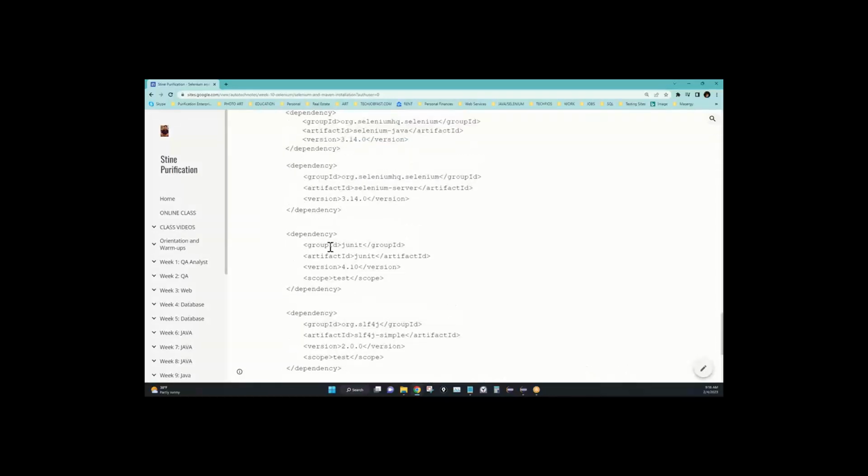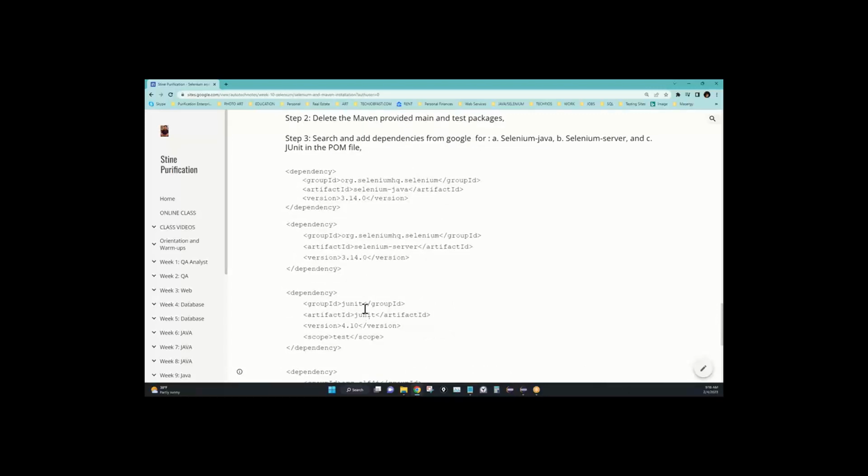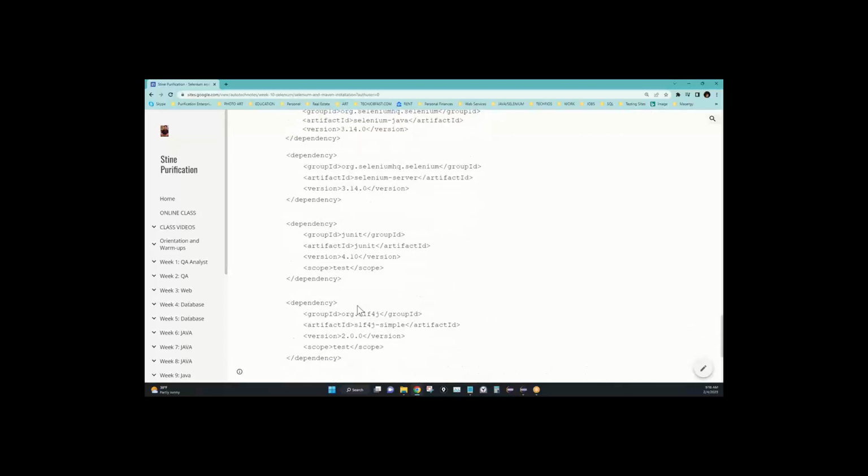Whenever I was copying this, I was getting weird line breaks, so I tried to update to see if I don't get any line breaks. But anyway,